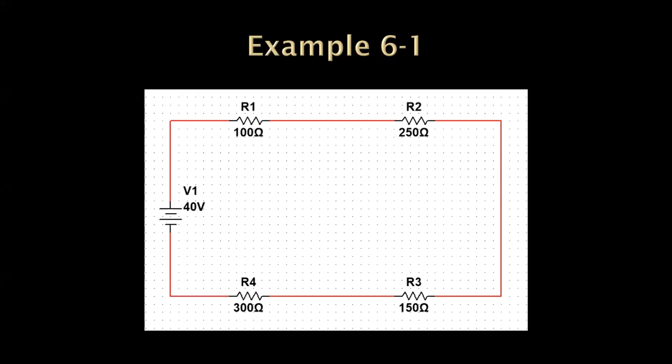Okay, so this is an example out of the chapter. So now I've got 4 resistors. Okay, 4 resistors, 40 volts, a 100 ohm resistor, a 250, a 150, and a 300. So before I even pick the calculator up, before I draw my circuit out, before I draw my table and everything, before we do any of that,